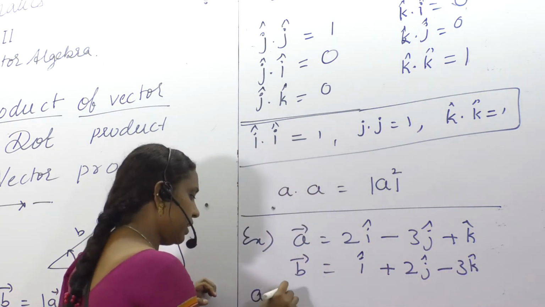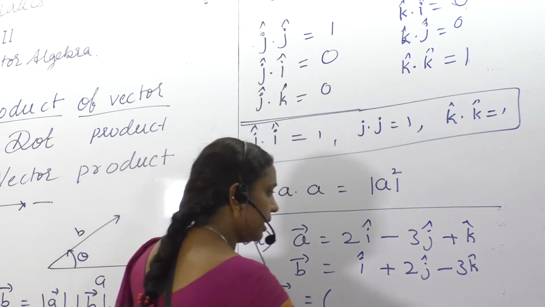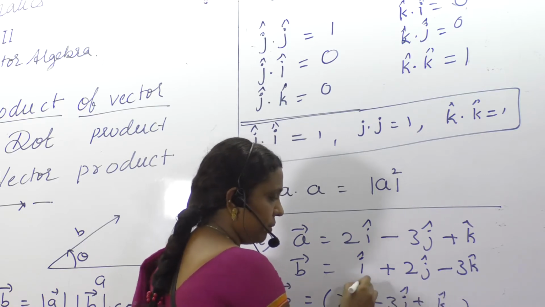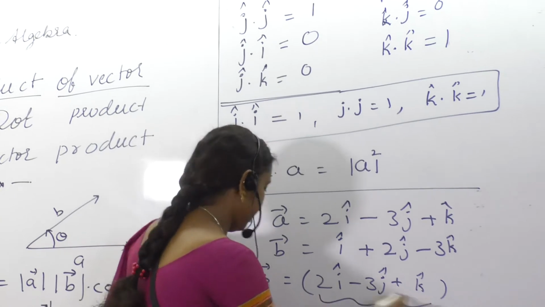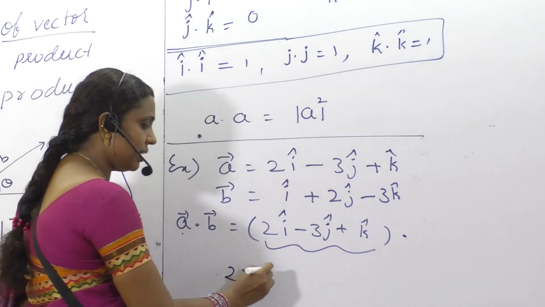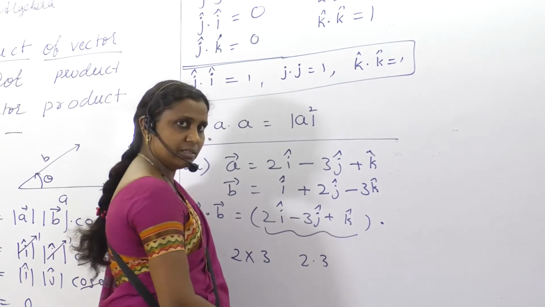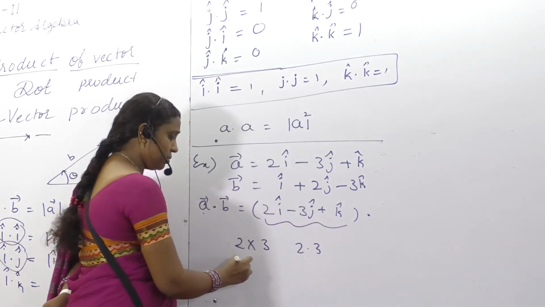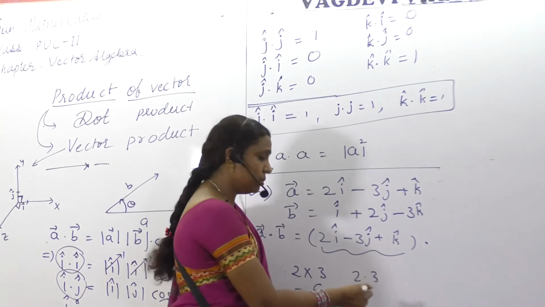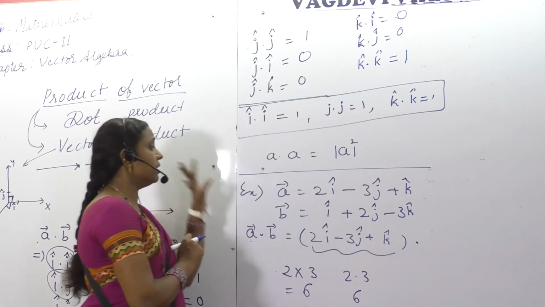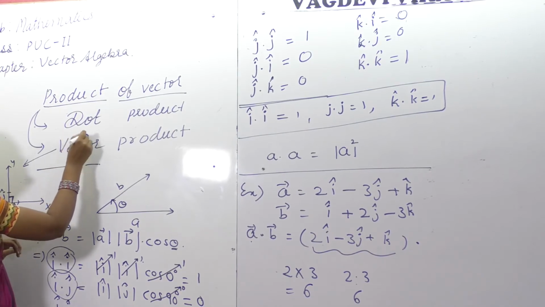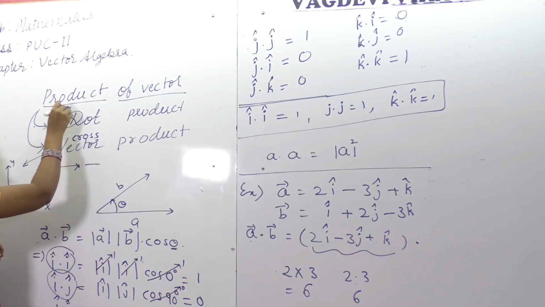Then if you are asked to find A dot B, A given. In multiplication we used to put 2 into 3, and we also say 2.3, which is also 6. With respect to numbers, 2 into 3 is 6. But in vectors, dot product will be different, and vector product, cross product, will be different. This is cross product. This is scalar, meaning dot product.